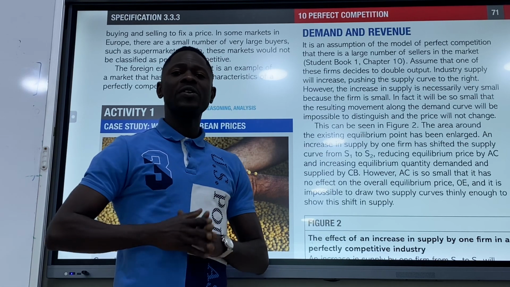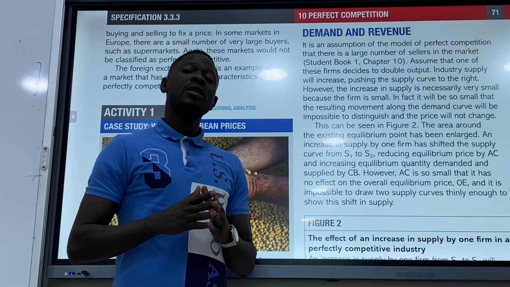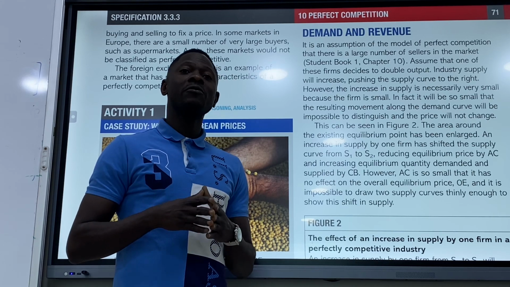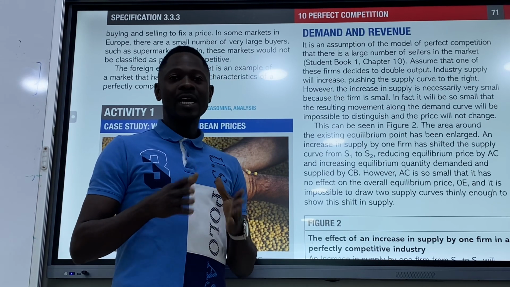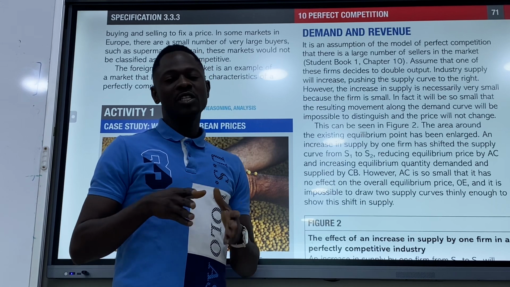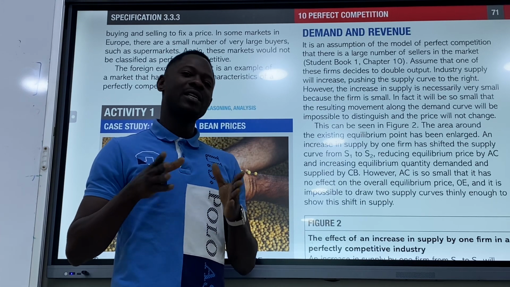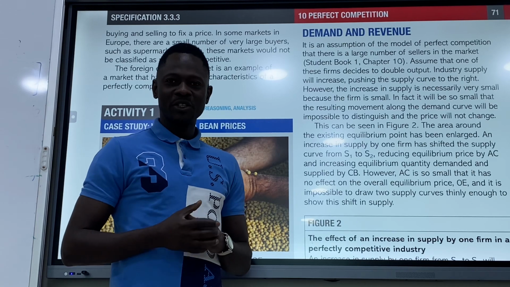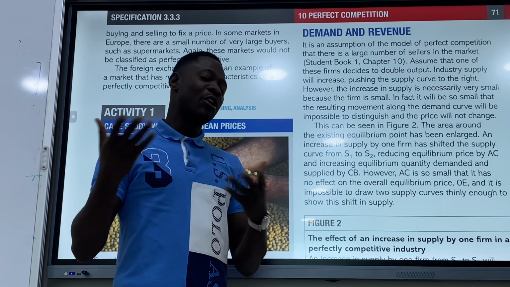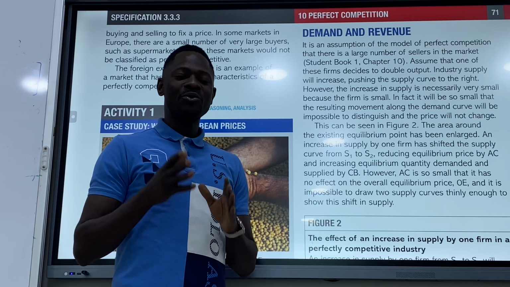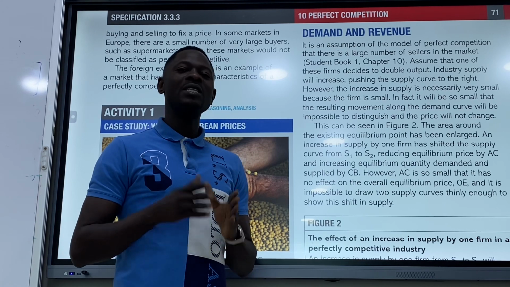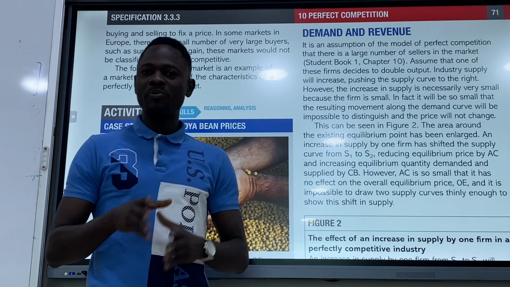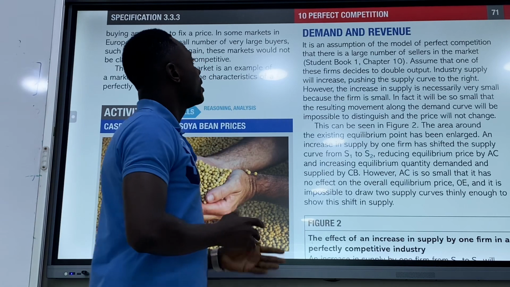And when we talk about a perfect competition, we're talking about a market that involves large numbers of sellers, large numbers of producers selling homogeneous products, which all information are accessible to each firm within the industry. So that makes it a perfect competition. We talked about there are also price takers. So today's focus is going to be on demand and revenue in the perfect competition. So I read further. Demand and revenue.